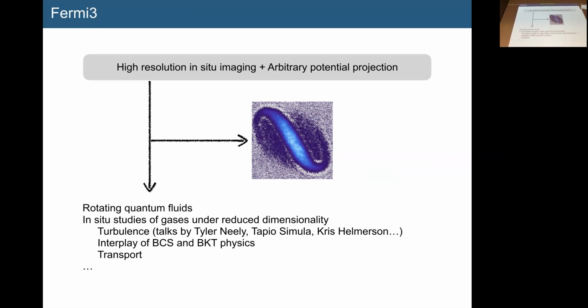In terms of long-term directions, we're absolutely interested in looking at the effects of rotation on quantum fluids and maybe trying to use rotation to engineer strong correlations between the particles. So if you can quench the kinetic energy by going to a rotating frame, that's a very, very worthwhile thing to try. And of course, once you're working with these high-resolution systems, that really lends itself to studying the physics